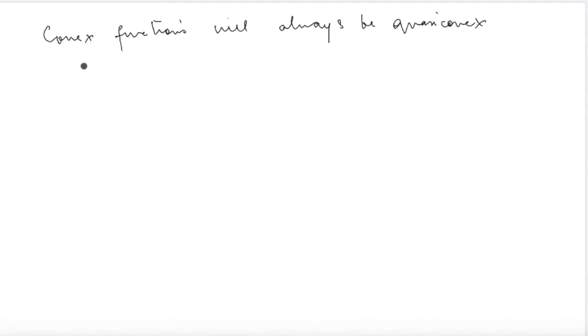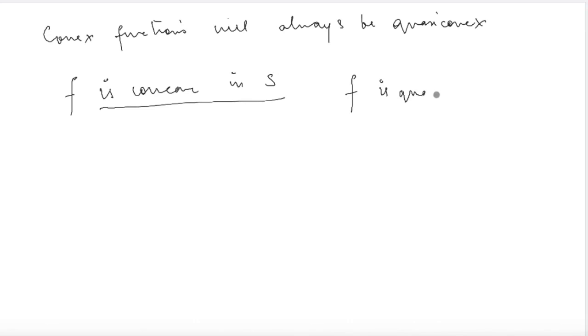And you can actually prove this little property here by saying that suppose f is a concave function defined in set S. Then we know from this condition that it has to be quasi-concave also. F has to be quasi-concave as well. And we'll just prove this. So if this is a concave function in set S, we know that set S is a convex set. This comes from our definition of concavity, that the domain on which concave or convex functions are defined is a convex set.